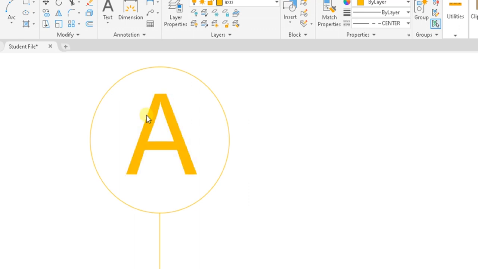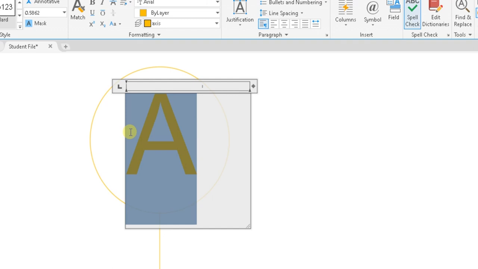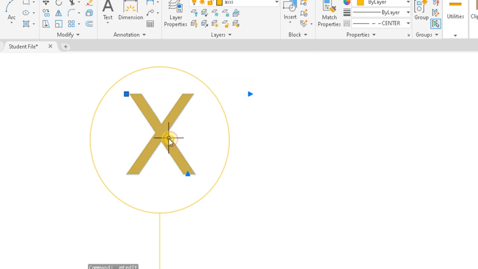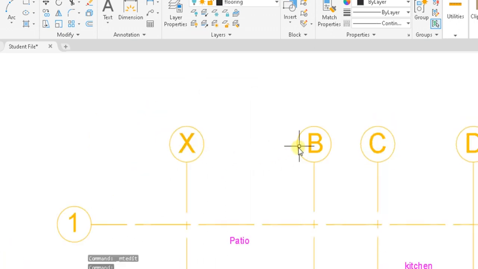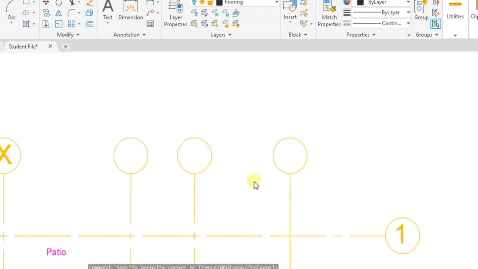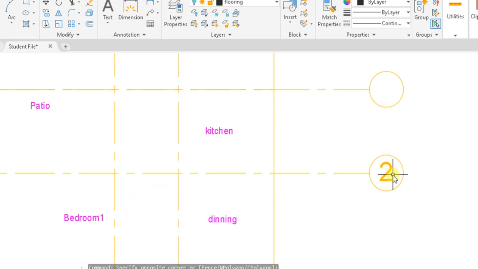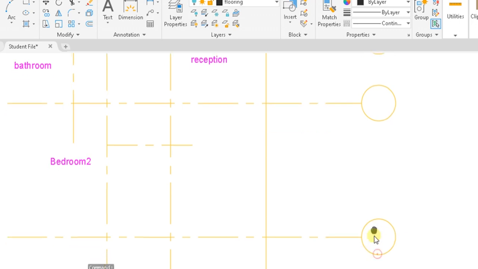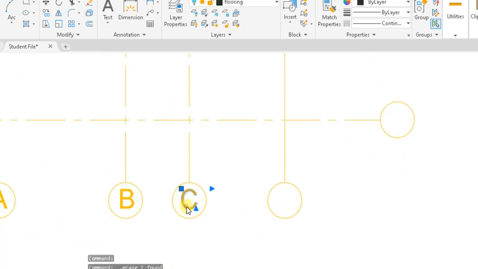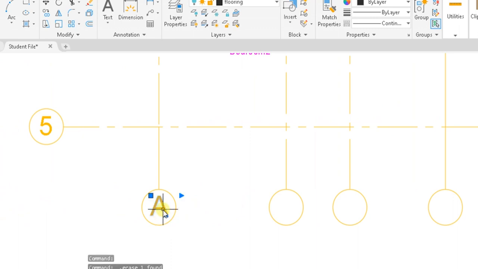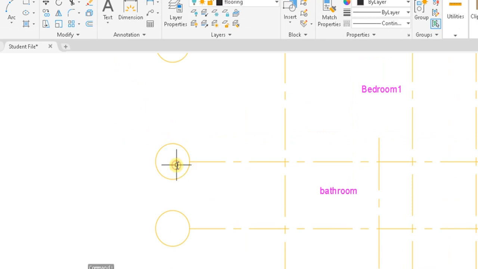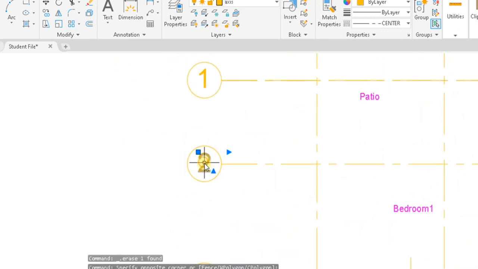Now let's see my approach. First, we select and write whatever we want. Like here, I have written the word X. Let's remove the other words from all vertical and horizontal circles. Once we are done with removing all the numbers and letters,